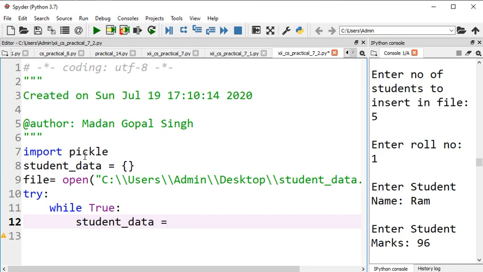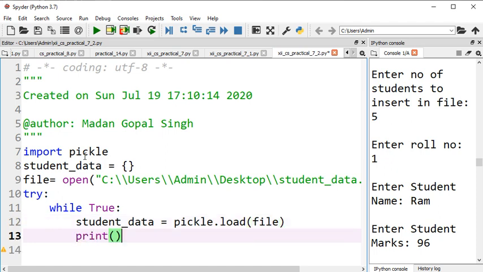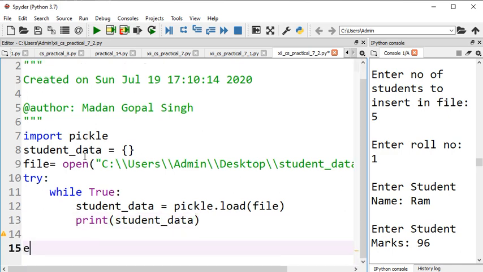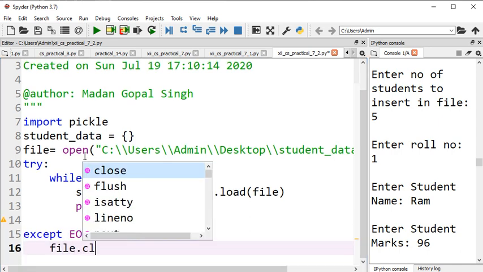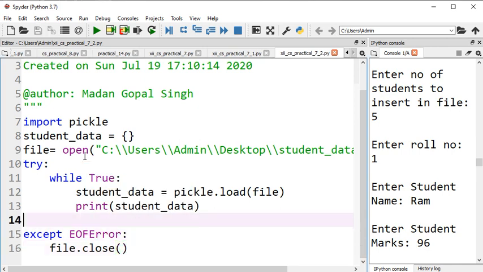So we use the pickle.load method, and pass the file pointer here, file. Then we print this data, student_data. Simply print it, and except if we reach the end of the file error, then we need to close this file simply, and that's all.